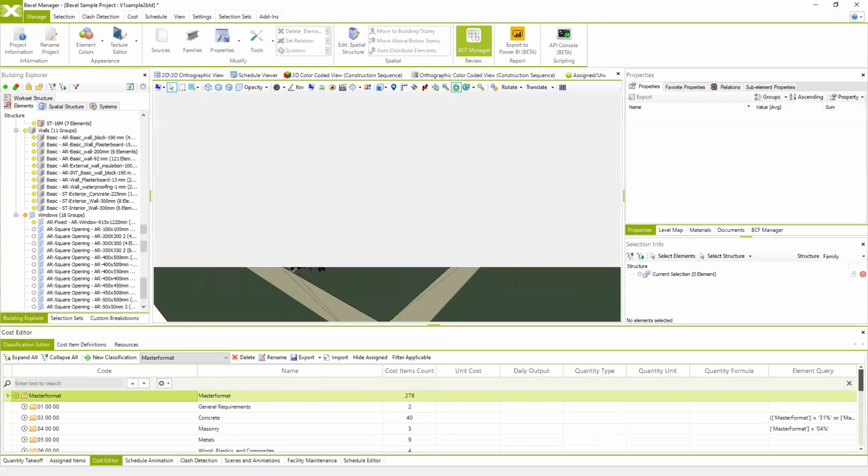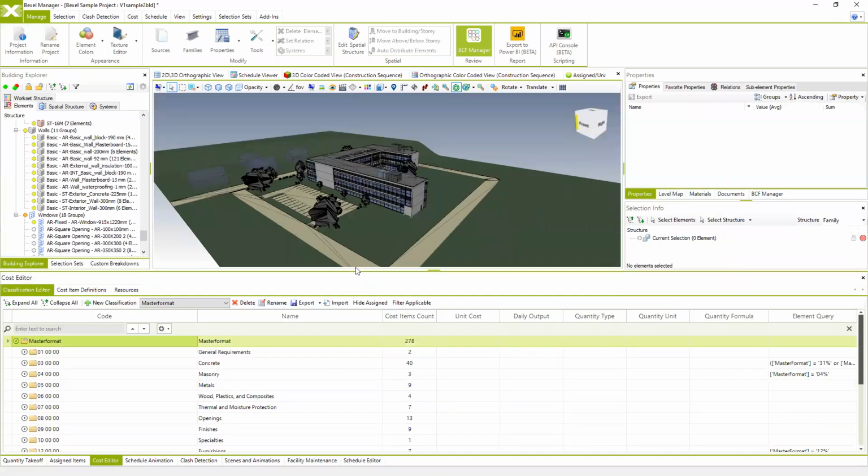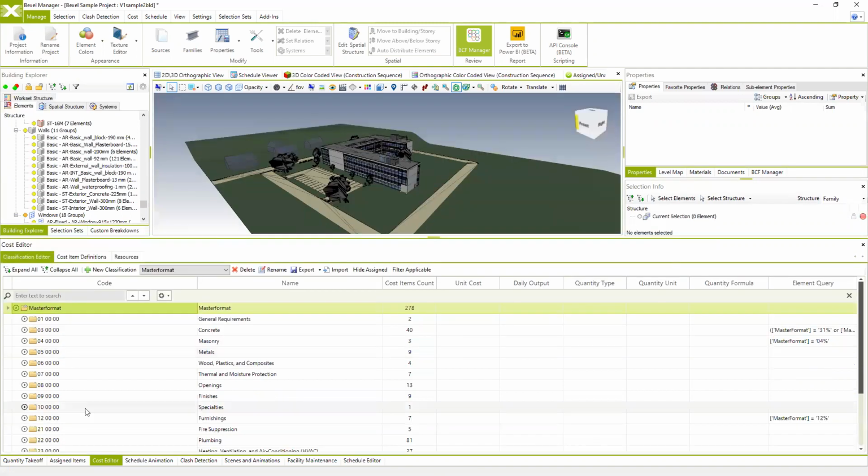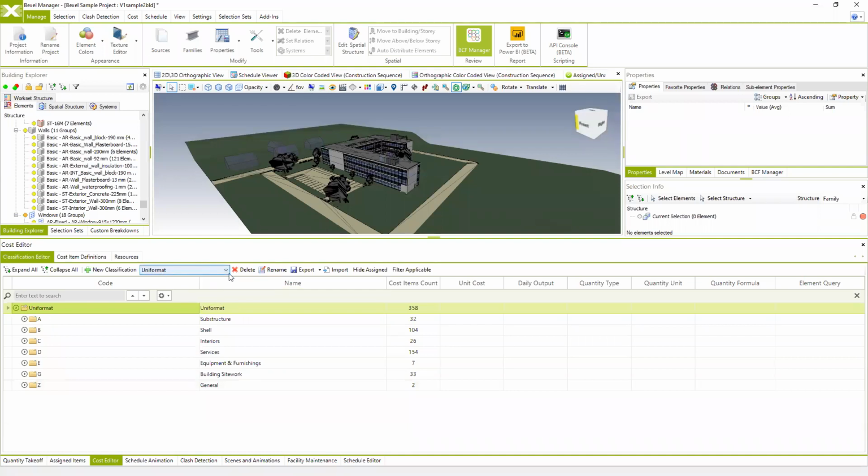When you hit Cost Editor, you get the window presenting the cost classification, and these are some already populated, already loaded cost classification systems in this demo sample model. We have MasterFormat and UniFormat classifications loaded, and this is the place where you can choose which classification system you want to use on your BIM project. You can, of course, create different new classification systems in different languages